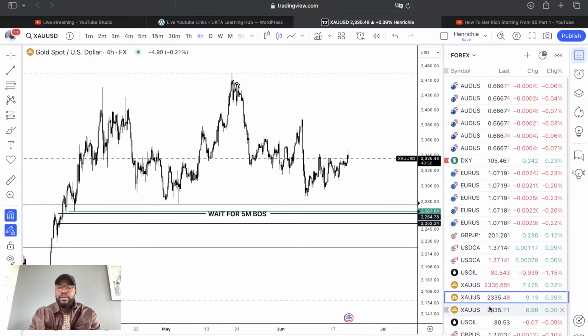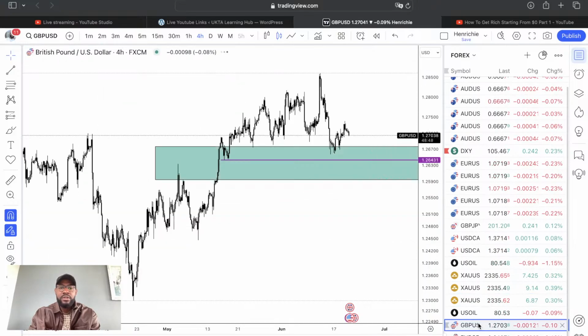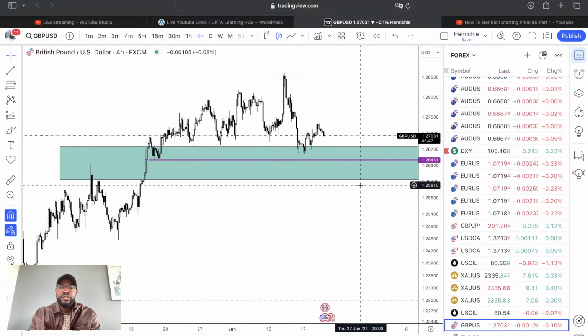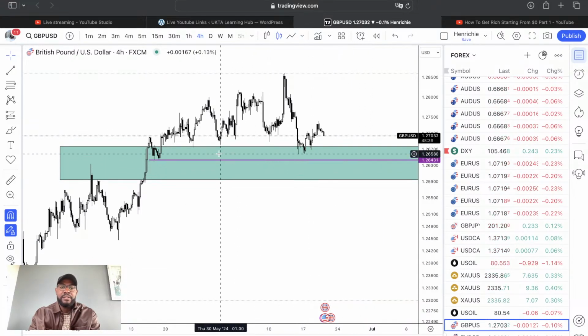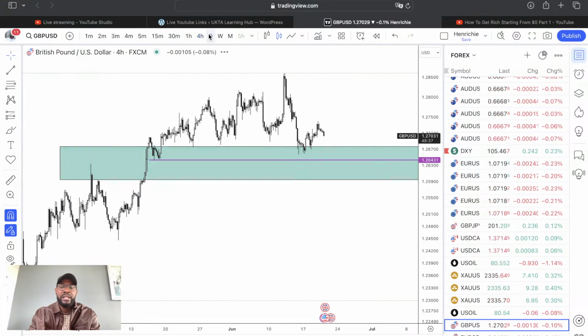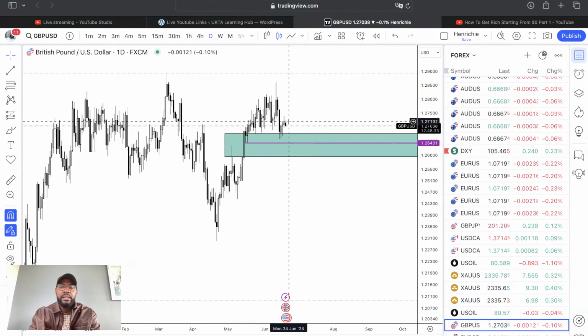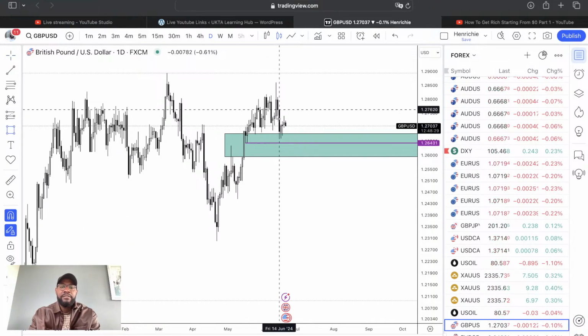So the next one we're going to be looking at is GBP US dollar. Personally, I still remain bullish on GBP US dollar, but I would most preferably like to buy GBP US dollar below these lows. And look, we came up into this inefficiency, and after mitigating the inefficiency right here,